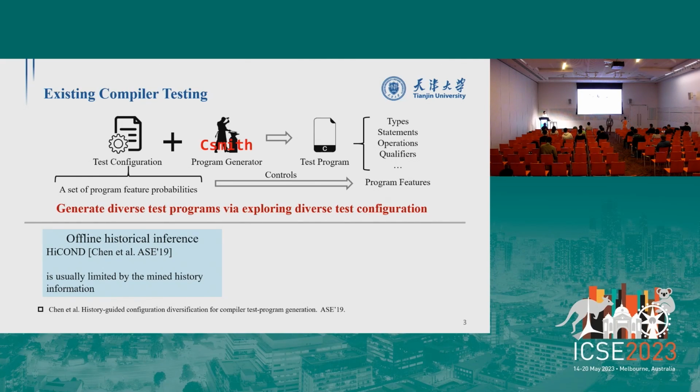May I ask a question about the duplication of the bugs? The question follows the chair's. There are two kinds of bugs. One is wrong code bugs, another is crashes. I think for crashes, it's easy to identify whether two bugs are the same or not. Curiously, how did you identify whether two wrong code bugs are different bugs or the same bug?